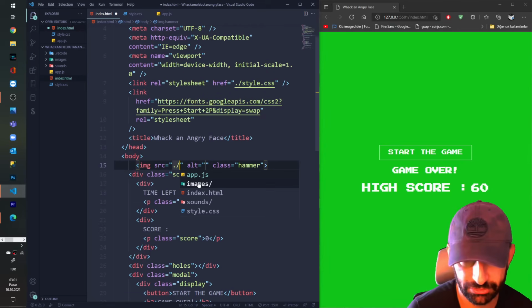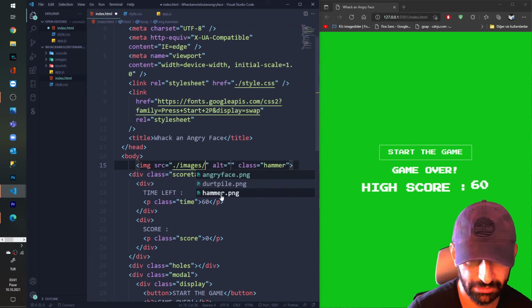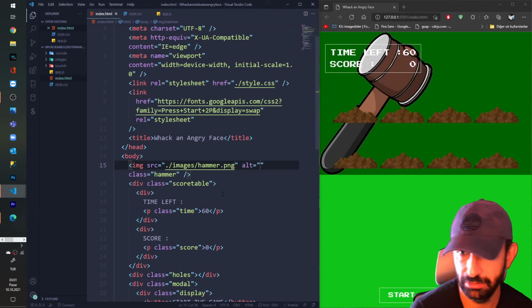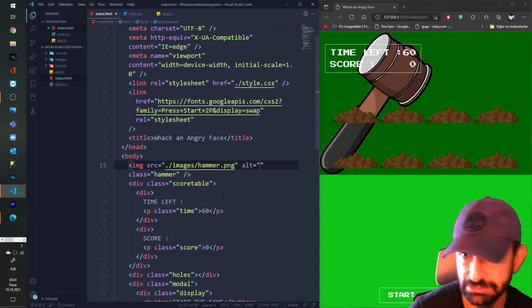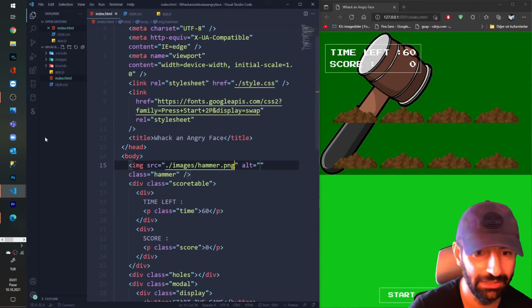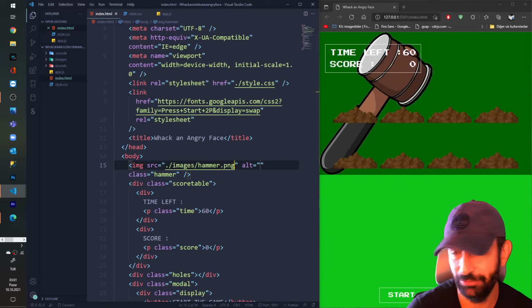I'm gonna give the source of hammer. Yeah, here's our hammer. We're gonna be using this, and we have to style it, of course.